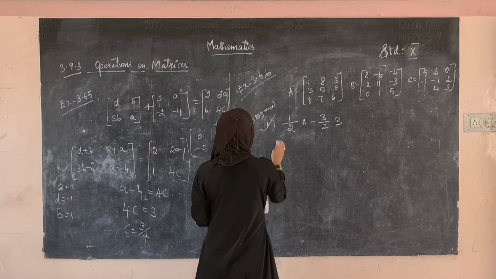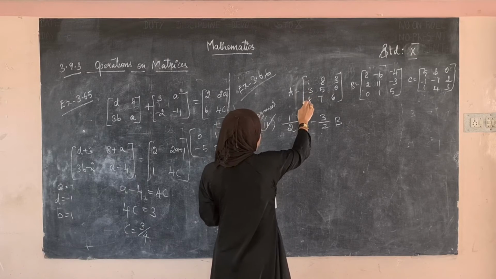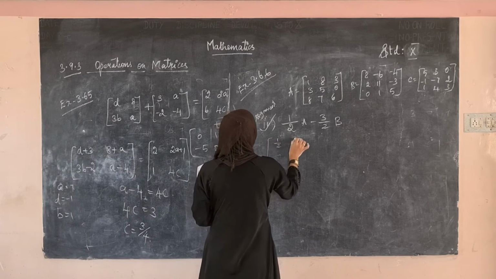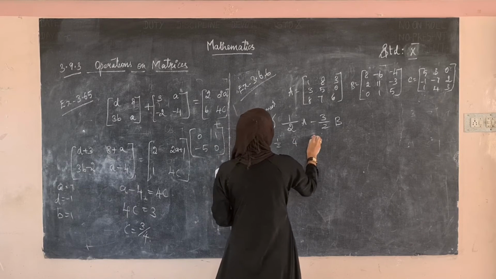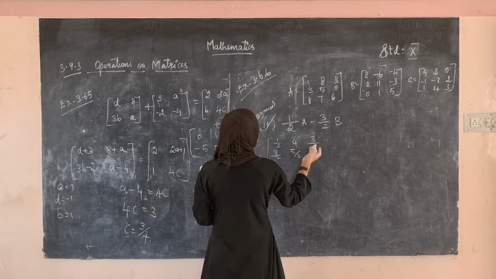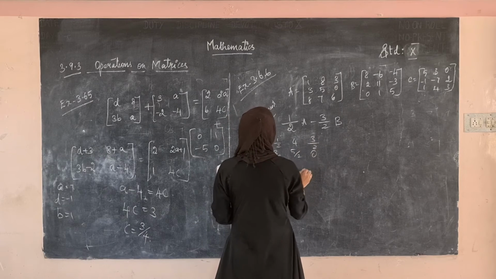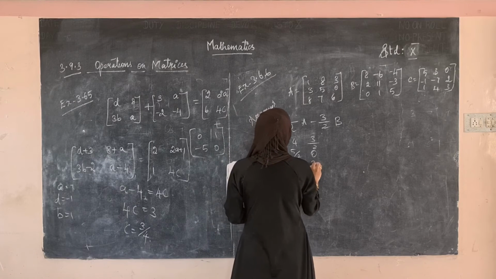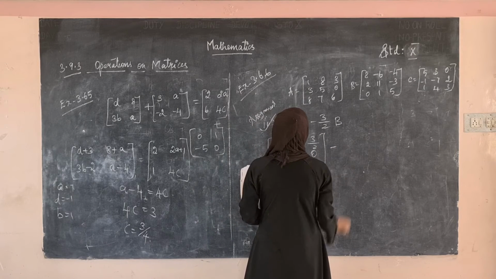You have to first divide 2 with all the elements in A. What will the answer be? 1 by 2, 8 by 2 is 4, 3 by 2, 3 by 2, 5 divided by 2, anything, 0 divided by anything is 0, 8 by 2 is 4, 7 by 2, 6 by 2 is 3, minus, again,